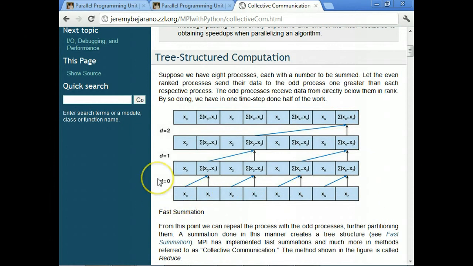If operations were time steps, it only took 1, 2, 3 steps, compared to our implementation, where each process sends its information one by one, which took at least 7 sends. So that's less than half the time.